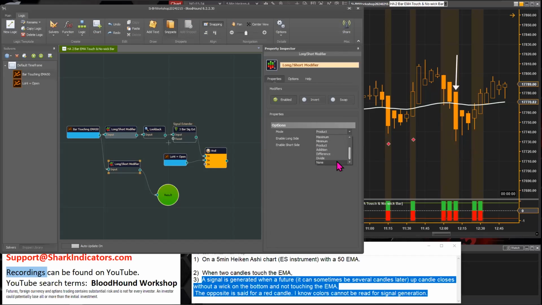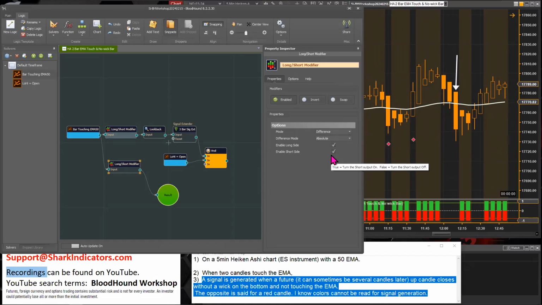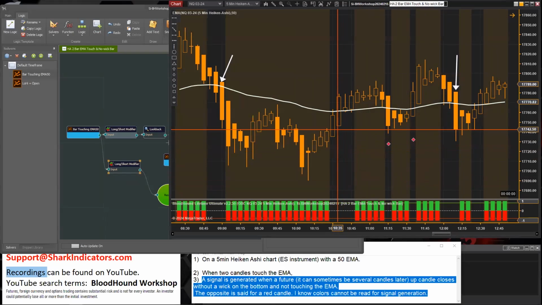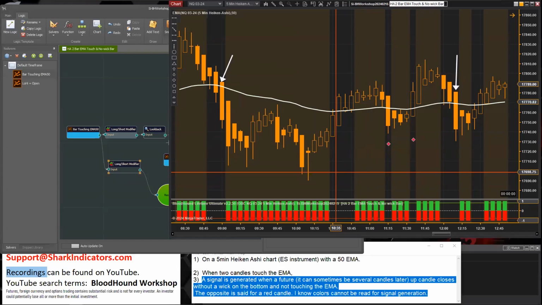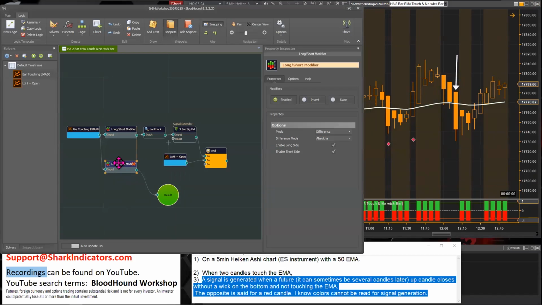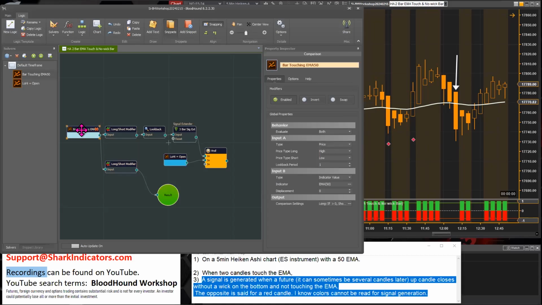And let's see. There we go. So the difference provides the opposite result. We can see all these bars that are touching have no output, and the bars that are not touching now have an output. I could use this, or probably in the previous days, I would have built another